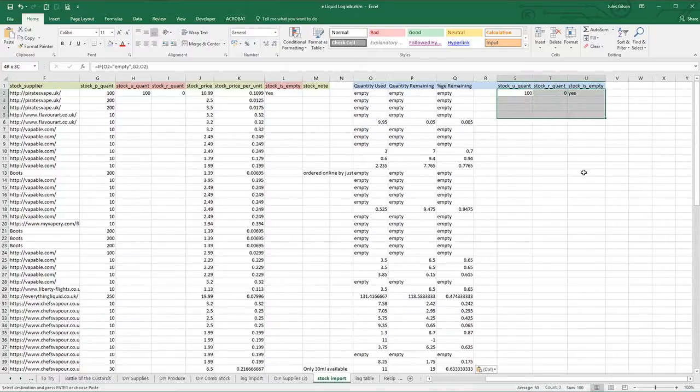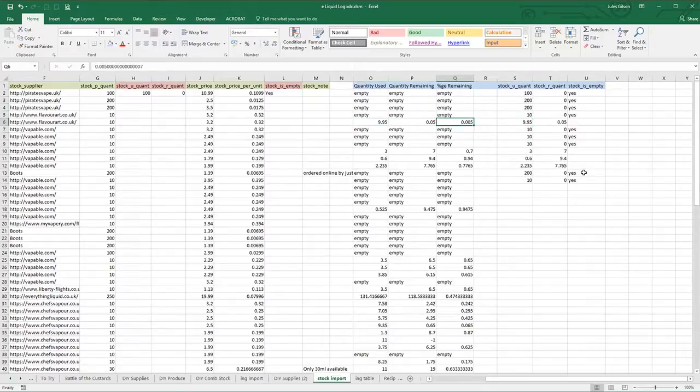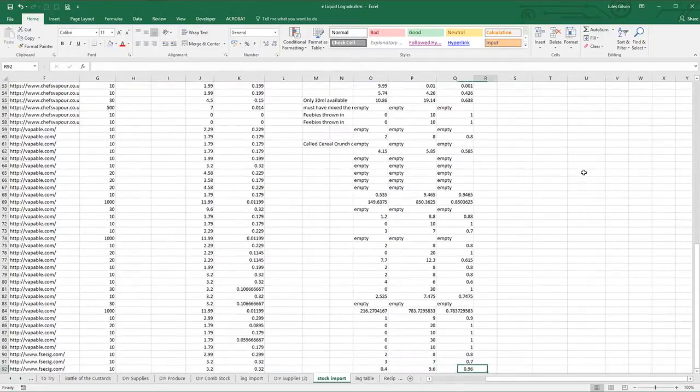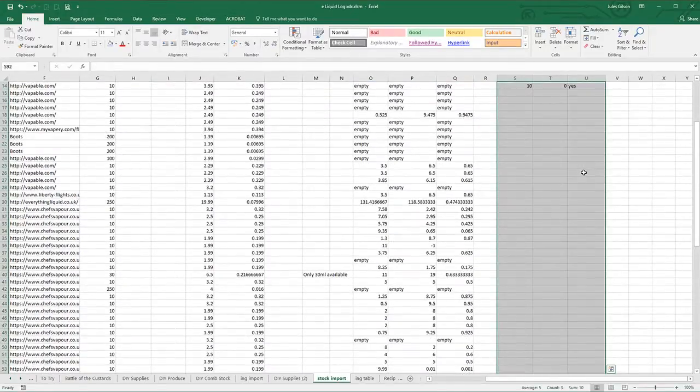So if I just copy and paste these formulas down a bit, you'll see more what happens. It does the same thing for all the empty ones, but where it comes along with something that isn't empty, then it's using the actual value that we've already calculated in the spreadsheet as we've been going along. So it's got 9.95 left, and it's got 0.05 remaining, and it isn't empty. So basically, if I finish off by copying all of those down to the bottom,